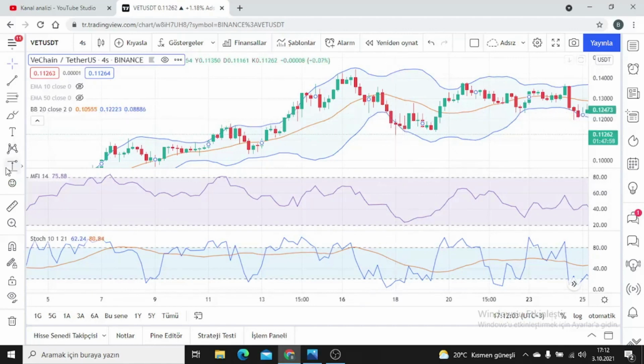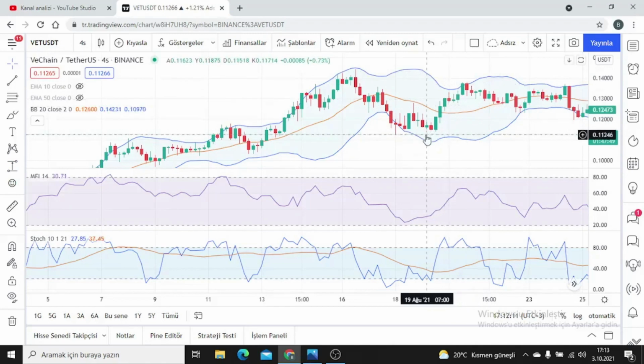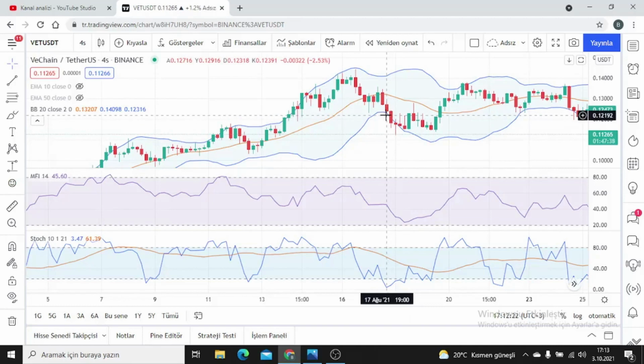Now let's make an assumption. You traded here because it touched the Bollinger Band, and then a drop followed. So, let's assume that you are trading from the average here. You've been stuck or stalled on a downtrend, a 7% downtrend so far. We will get support from other indicators we have opened in order not to fall into the fake signal here.